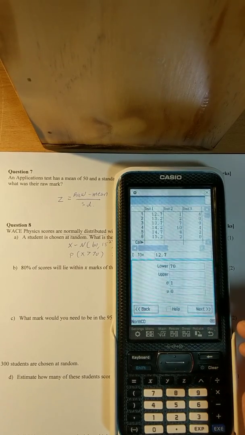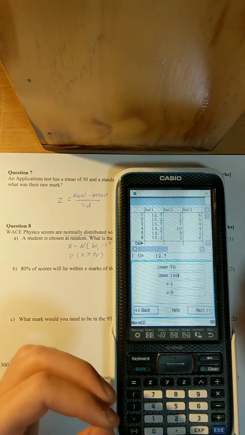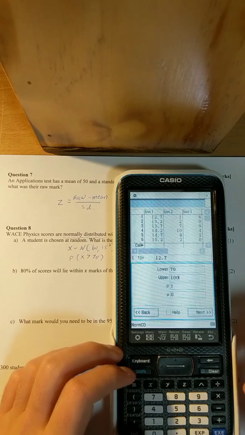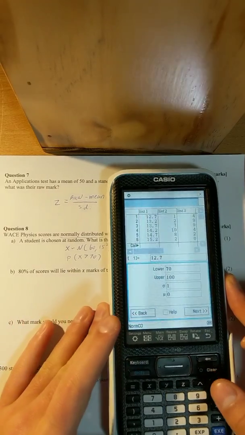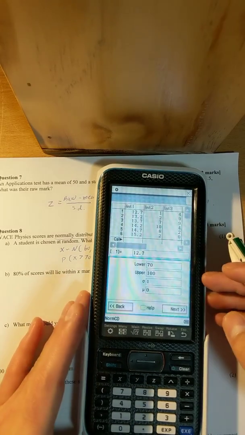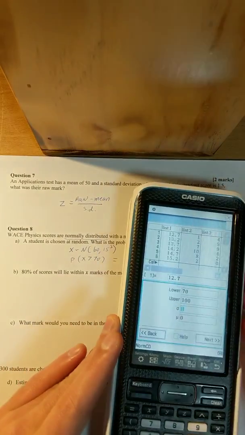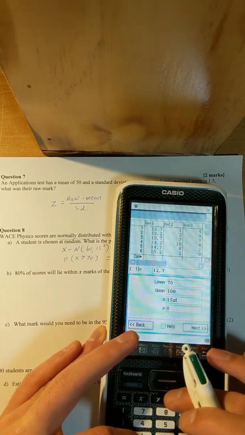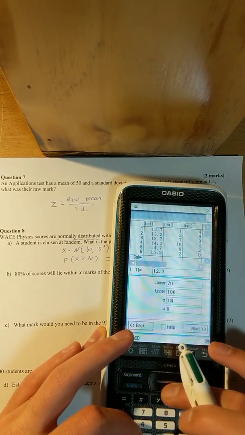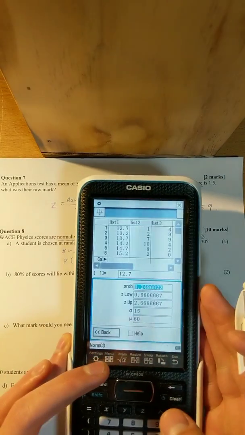My upper limit here is actually going to be 100 because you can't get higher than that, although I could have done infinity there as well to put the absolute upper limit, but just for it to make sense in the context of this question. My standard deviation was 15 and my mean was 60. And the probability is